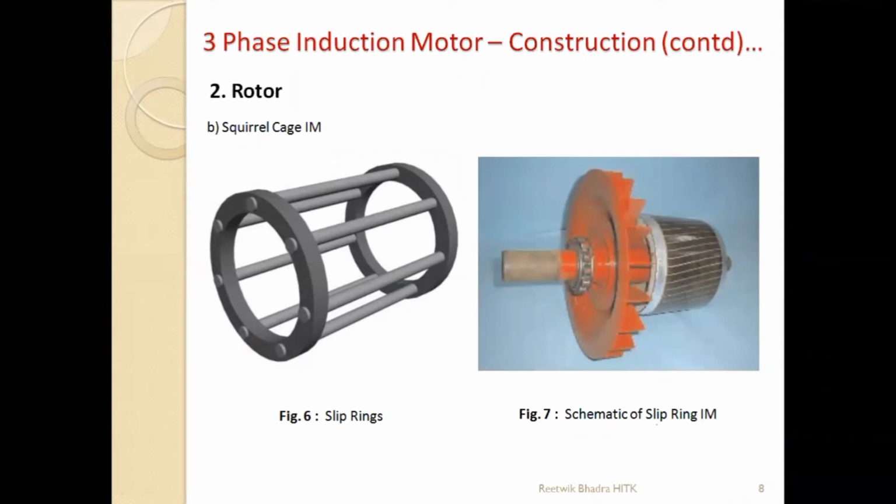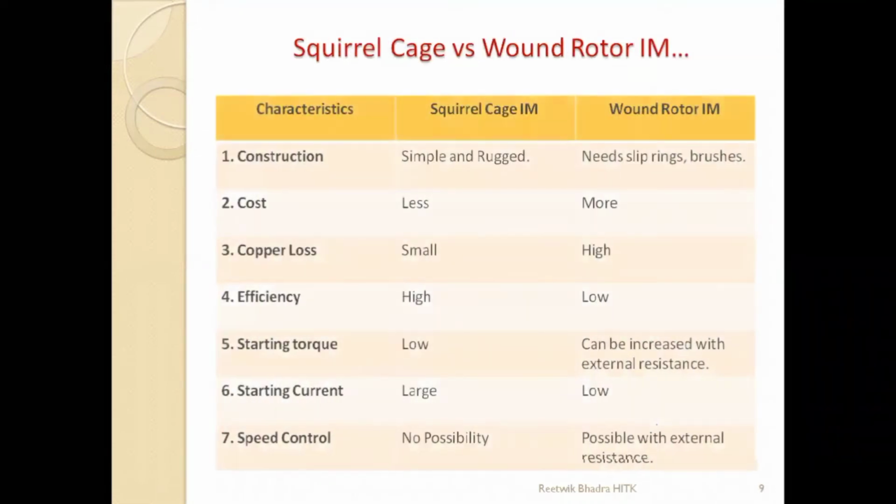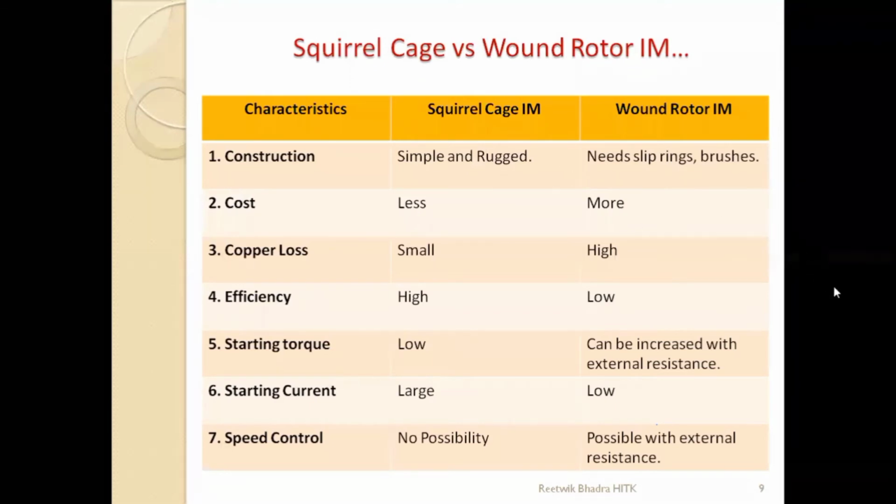So next thing we'll do is look into the differences which I was just telling. I have jotted down some points also. You can look into it. Squirrel cage induction motor and wound rotor induction motor. First one is basis of construction. It is very simple and rugged, very easy to construct. Just use your rotor conductors, short circuit both ends and use it as your rotor.